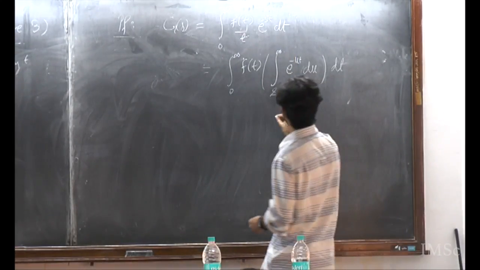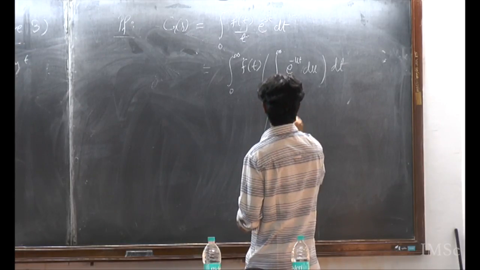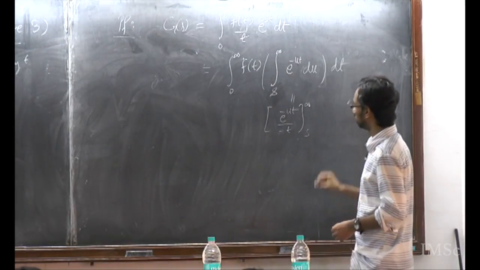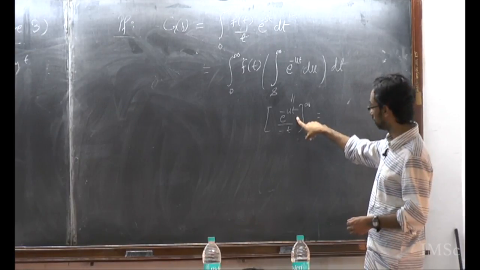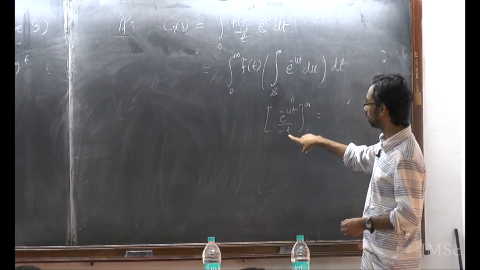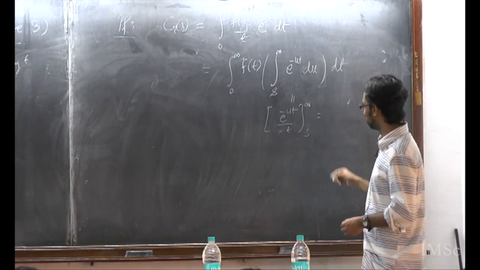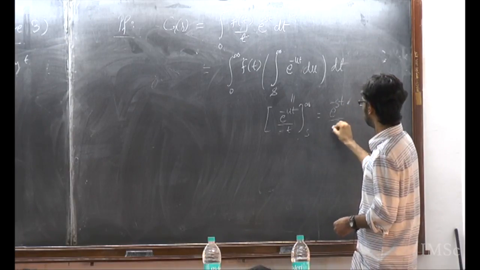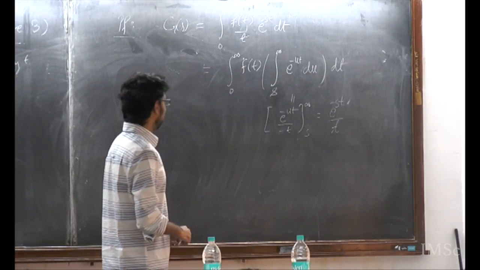because this will be then e to the minus ut over minus t, from s to infinity. Okay, so at infinity it's going to 0. At s it will be e to the minus st over minus t, and there will be a minus sign for the second term, so it will cancel out. So you will get e to the minus st over t. Okay, so now